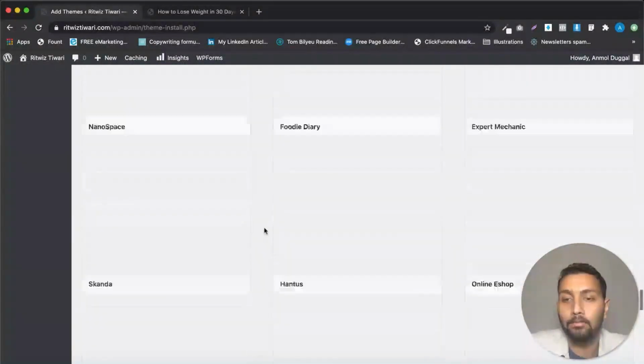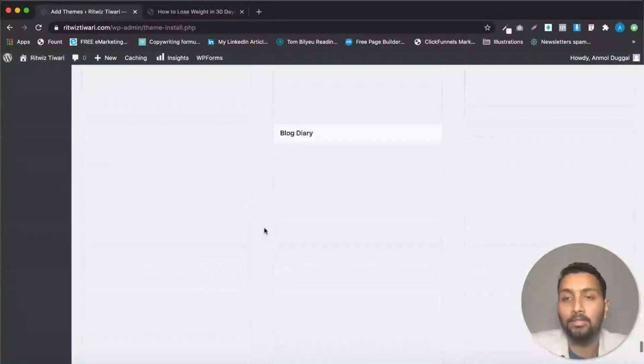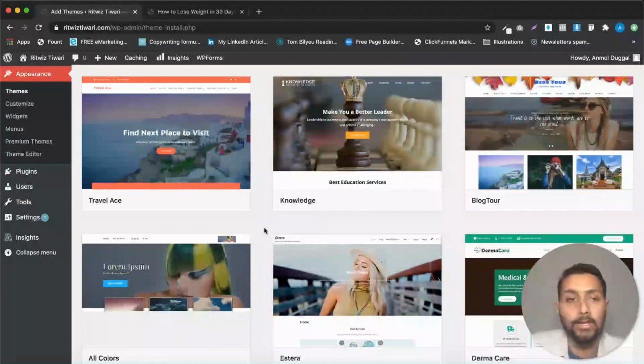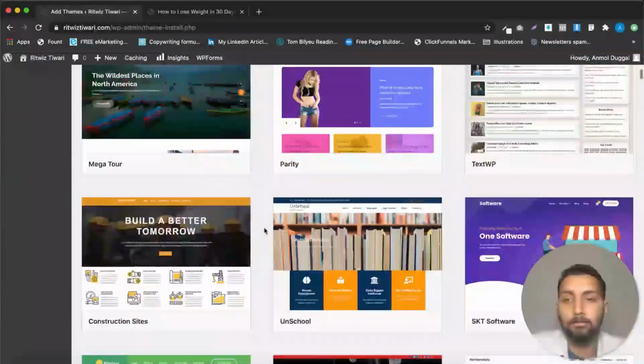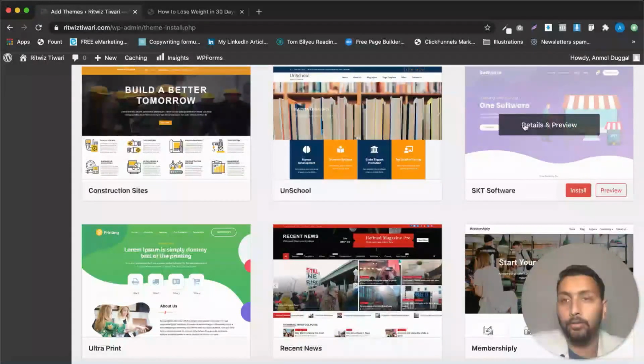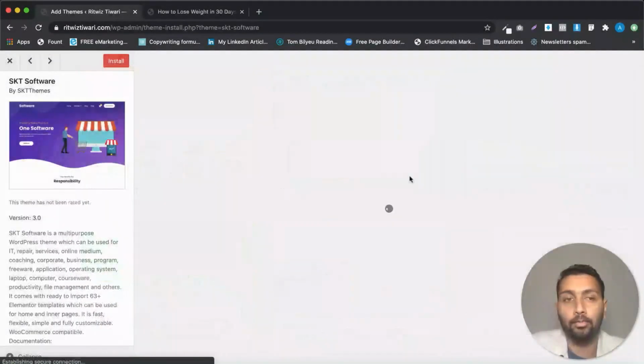See, when I'm scrolling and scrolling and scrolling, it's not ending. So you can actually select your theme out of all these options, and all of these are available to you for free. So let's just try any one of them to show you how it all works. Maybe I have a software company, I have a service, so I want to install such a theme for software wherein I have this custom landing page, right? So I want to preview it.